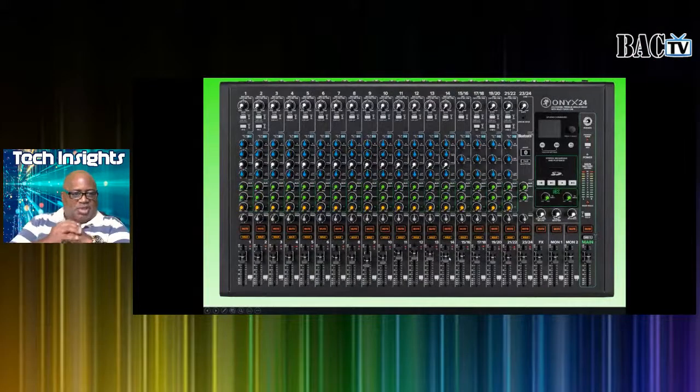So what happens is, if you look at the bottom of the screen, there's a board there. That's the front side of a Behringer 24-channel board. And it doesn't matter what board, because it's almost all the same. I'll show you what the differences are. But anyway, if you look at 1 through 24, those sliders are going to be different based upon